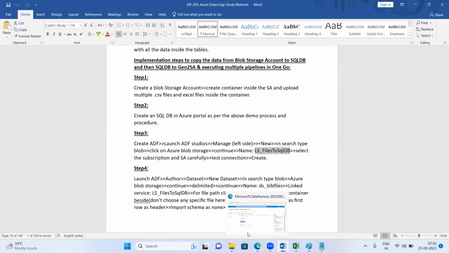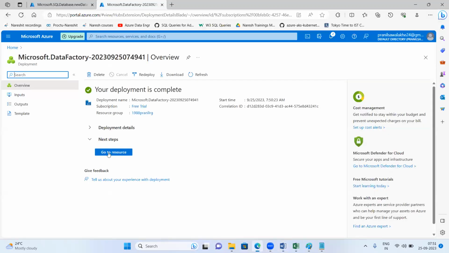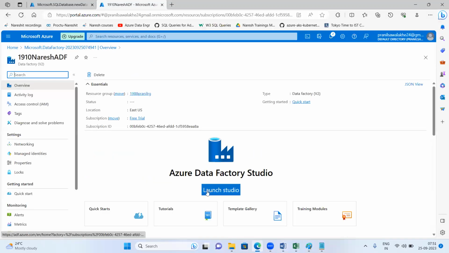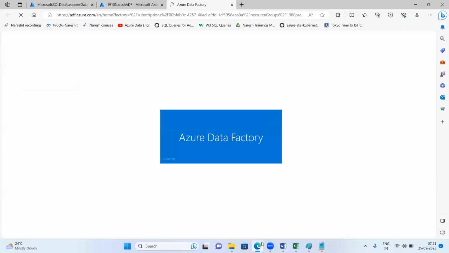We are creating linked services for source and target, creating the datasets for source and target, then designing the pipelines. And then in the pipeline designing, adding some controls accordingly as per the requirements. So the same way, once it is deployed, I'll launch the studio, and then I'll click on